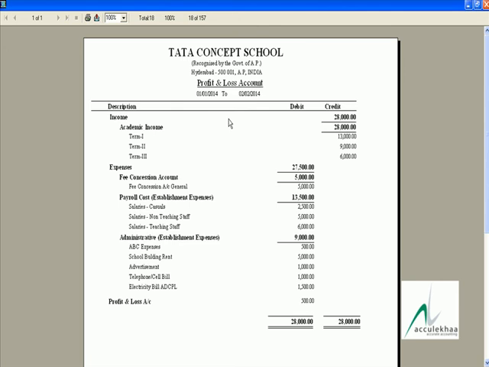Like that, administrative expenses, or establishment expenses, 9,000 rupees. In this ABC expenses is 500 rupees, school building rent is 5,000, advertisement is 1,000, telephone bill is 1,000, and electricity bill is 1,500 rupees.